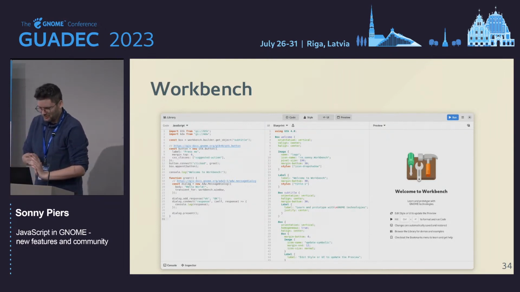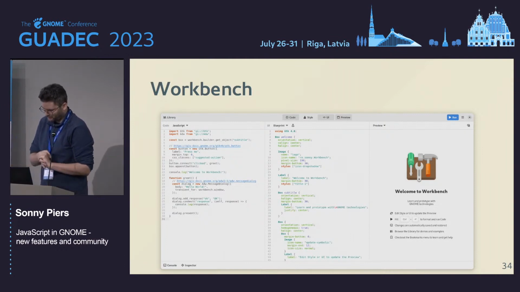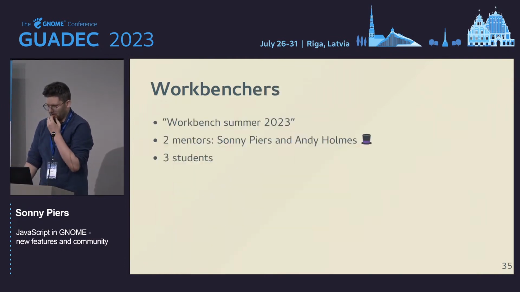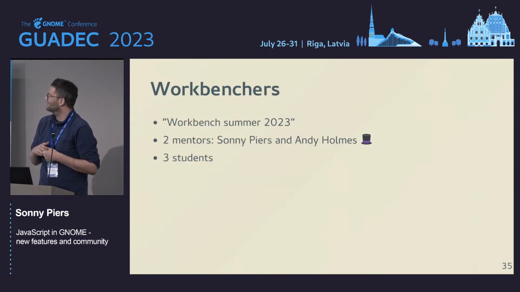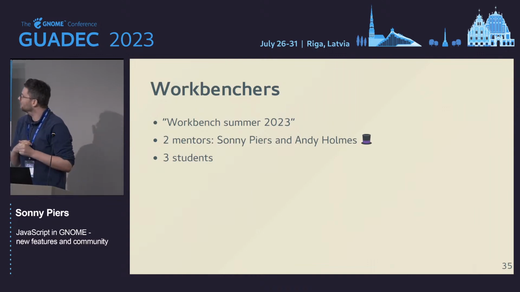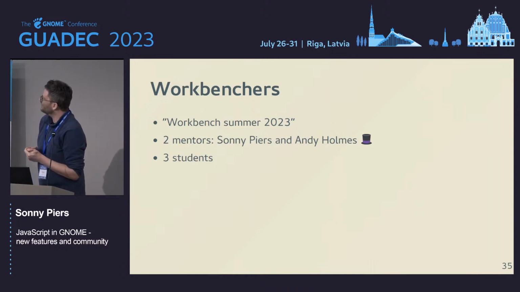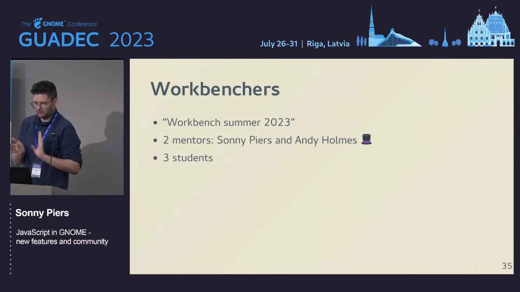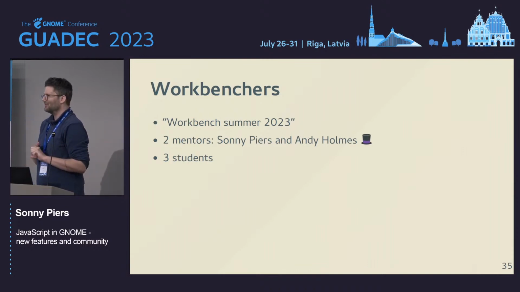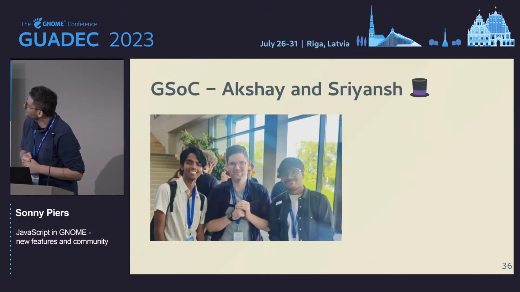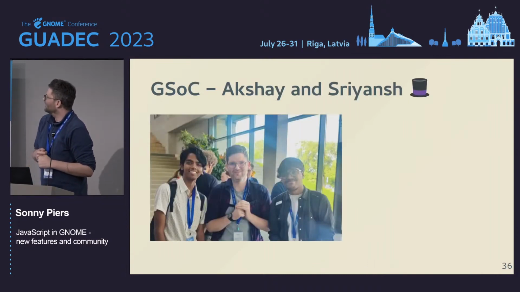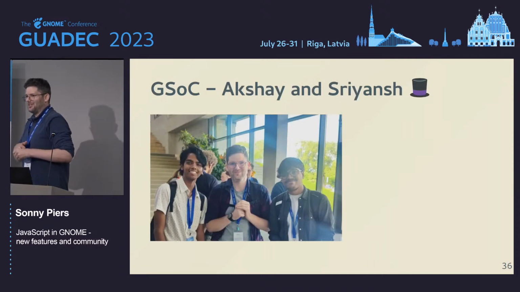But the reason I'm introducing this is because I want to talk about the Workbenchers. Workbench Summer 2023 is a team composed of 2 mentors, me and Andy, 2 GSoC students and 1 Outreachy student, who are in the room. You can see them here, Akshay and Sriyansh. Oh, this is not centered. That's okay. They've been working with me and Andy